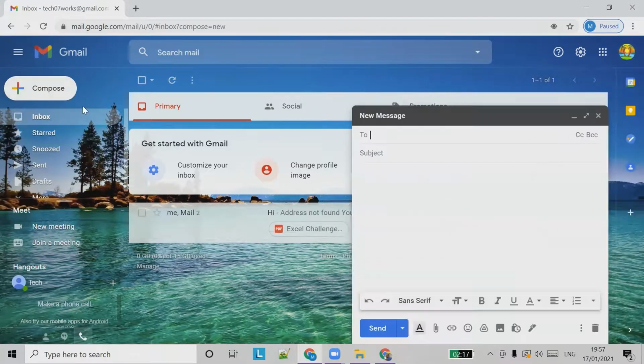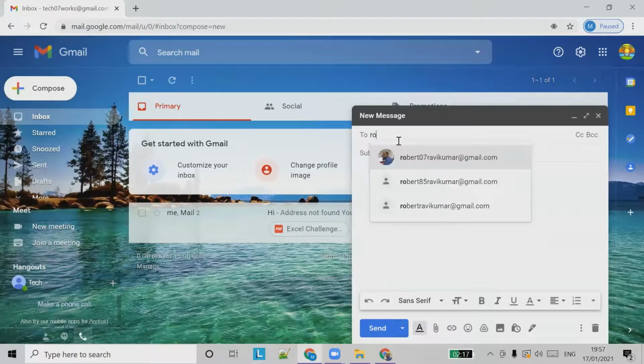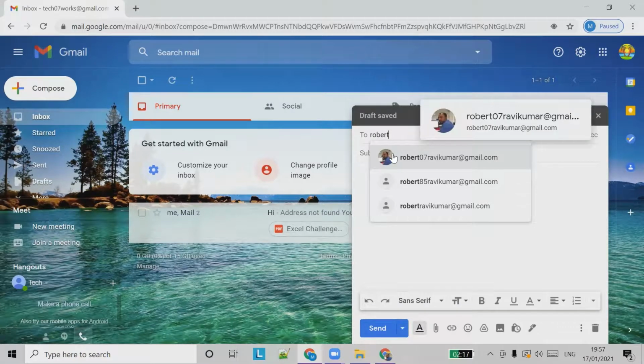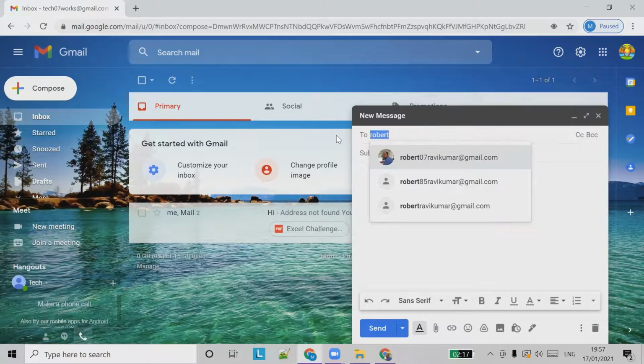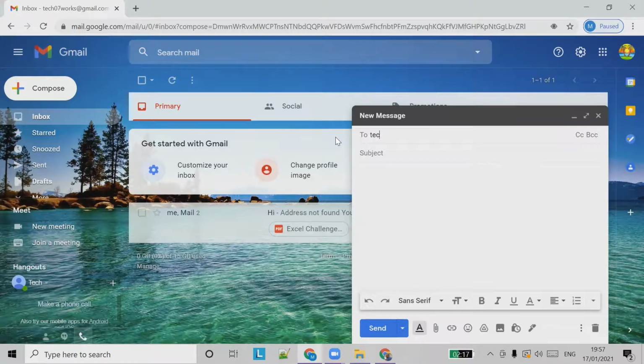Using the profile picture, people will be able to recognize you. Let's say I type my email, now you can see my photo available here. When I type my email, it is easily recognizable. So that's the purpose of having these things. Instead of TechWorks, what did we take? Tech07works at gmail.com.